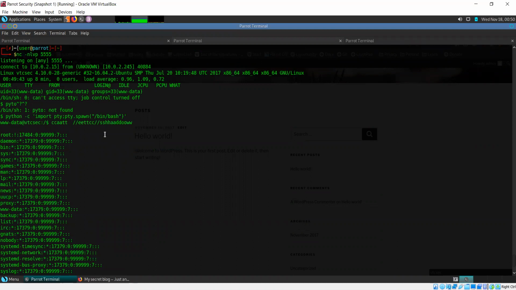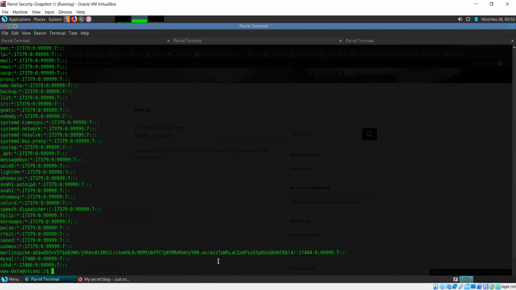Now, what I tried to do was I tried to see the contents of the etc shadow file. Shadow file is where the passwords are stored. So we're able to see the password file itself. Great. Now the only available password here is for a user known as Marlin Spike. So this is the password hash. Of course, it's not the complete password, it's the password hash. So what I can do is I can copy this and I can try to crack this password hash. Of course, I'll do that back on my own system.